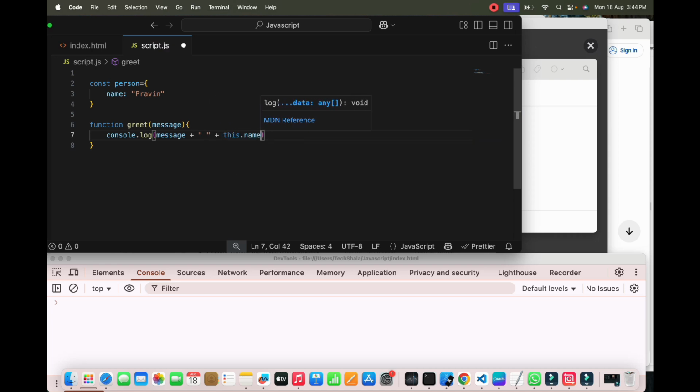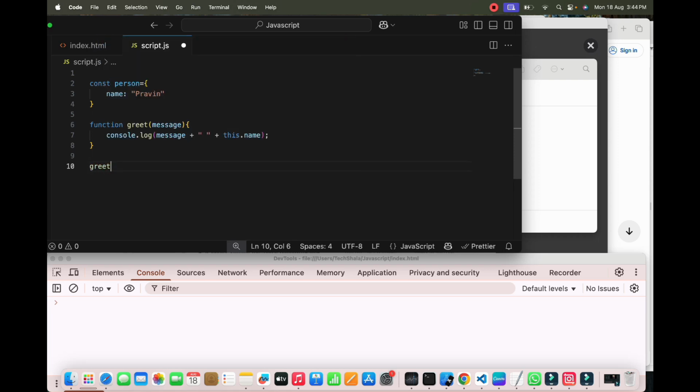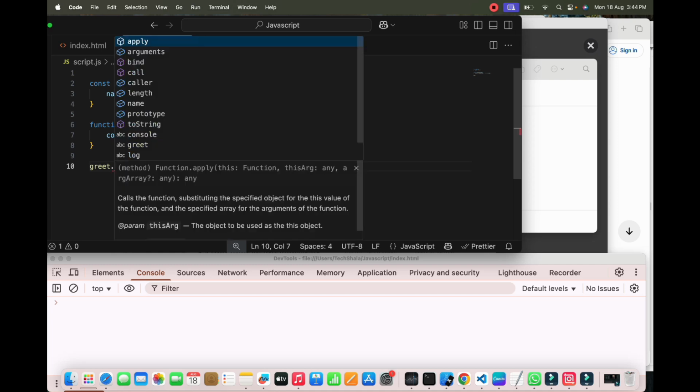So to call it and to pass our own this, what can we do? Let's first talk about call. Call calls the function immediately and you pass the arguments one by one. For example, I will give the function name here, so my function name is greet. Then I write dot call here, and the first parameter is the object or this. So I want to pass person as this there,